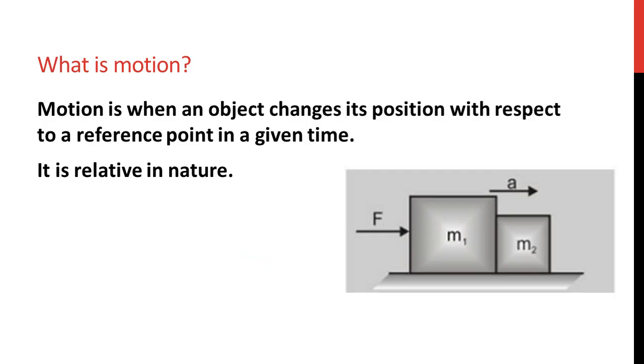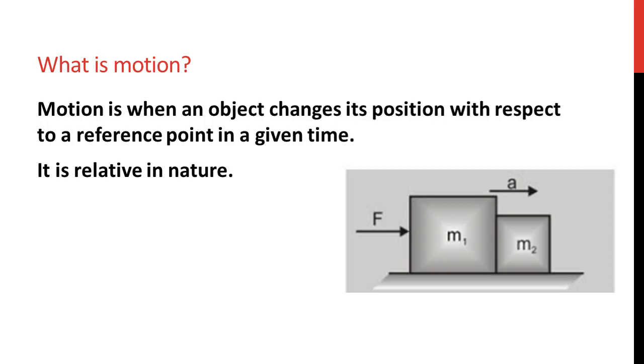First is, what is motion? Motion is when an object changes its position with respect to a reference point in a given time, which means when an object changes its position from the initial point to the next point, it has moved from the first point to the next point, which is called motion. So here you can see